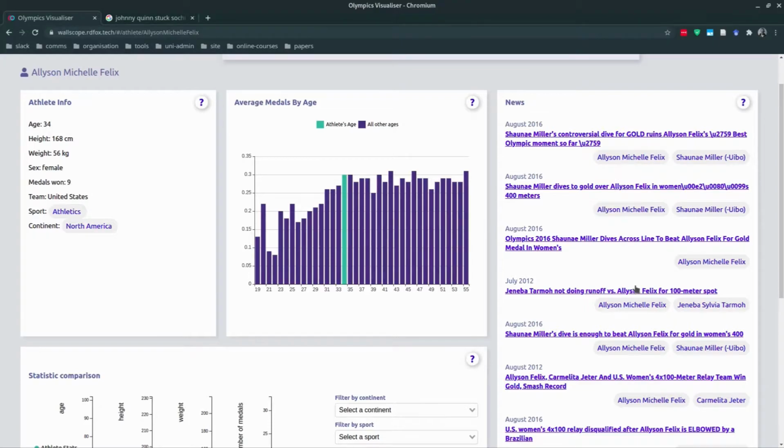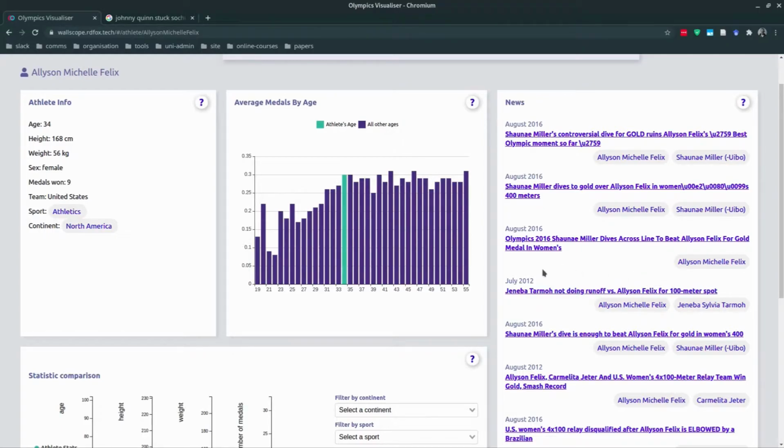This is an important piece of the demo, as the information from Reddit was unstructured data, and this has been combined effectively within the platform. You can also see there are other athletes that have been mentioned in the Reddit posts. Their names are here underneath. And these are navigation hooks which allow you to pop through to another athlete in the same demo.